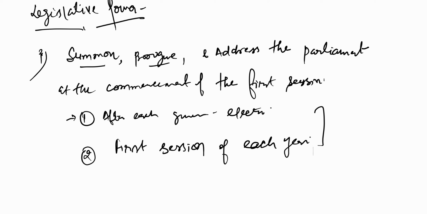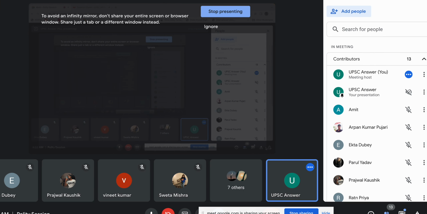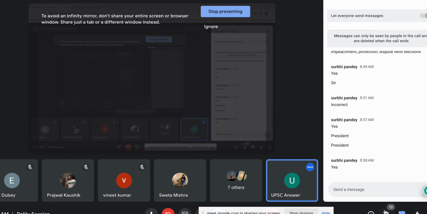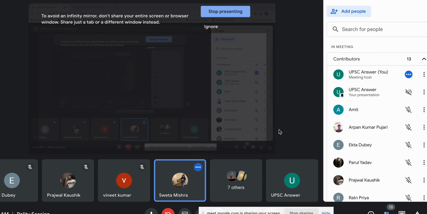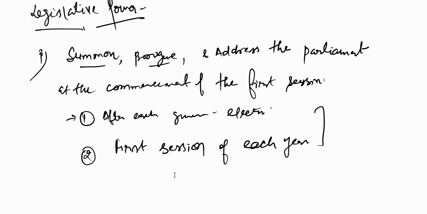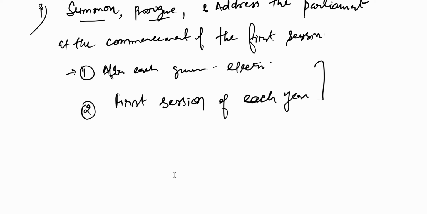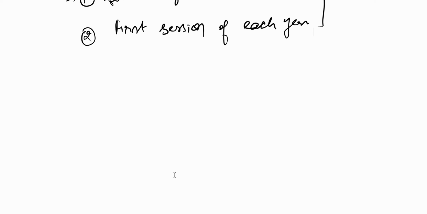What is the first session of parliament? Tell me. So budget session. Yes, budget session. So you must have seen the president comes up and addresses. The president basically lays down the policy for the year, that this is what we have done, this is what we'll be doing, and he just narrates the government stand.